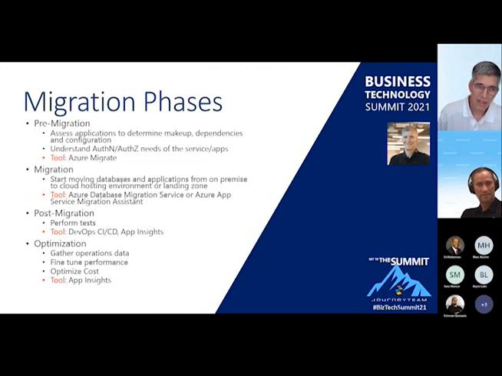Also, it's at this point where you decide if you are talking to a local Active Directory, then you might consider moving to B2C or to Azure Active Directory for your authentication needs. And then for the migration,